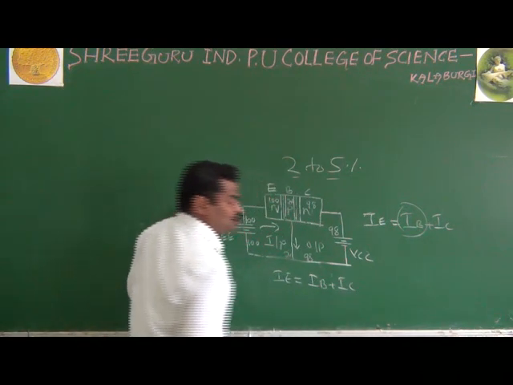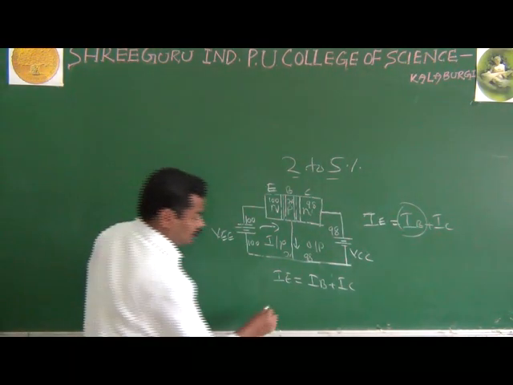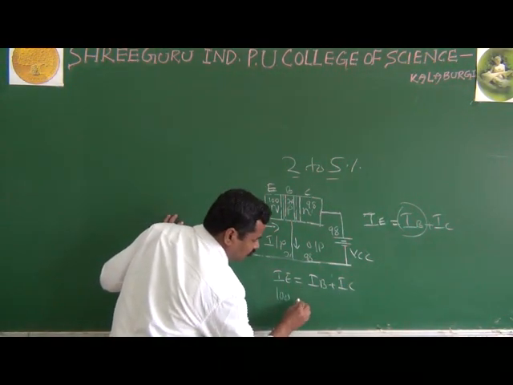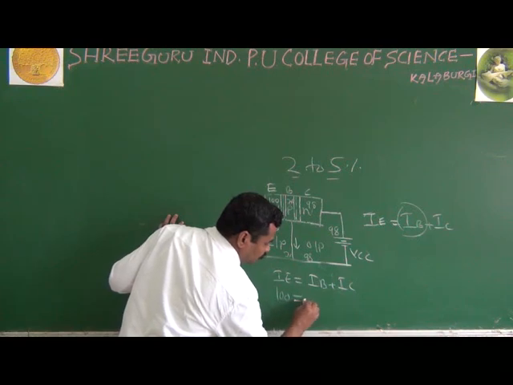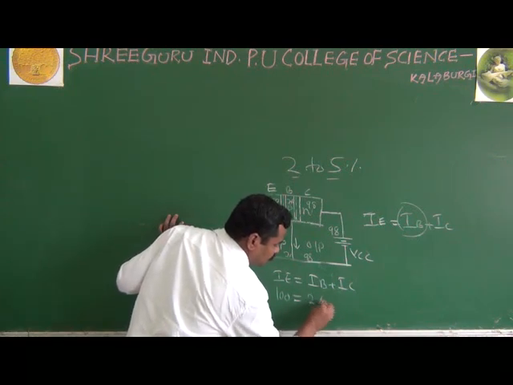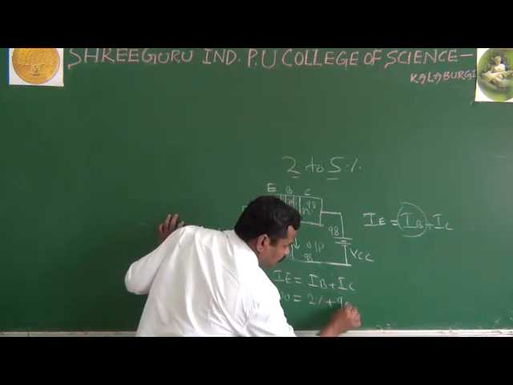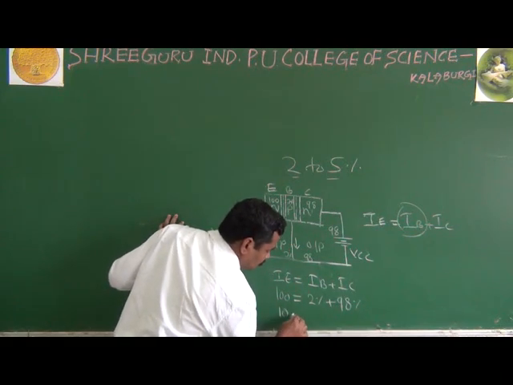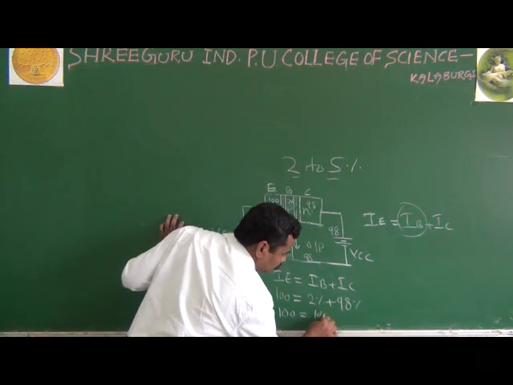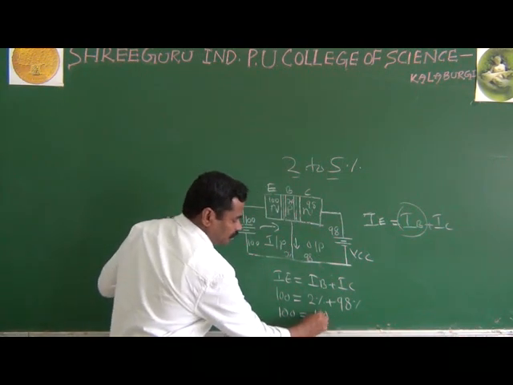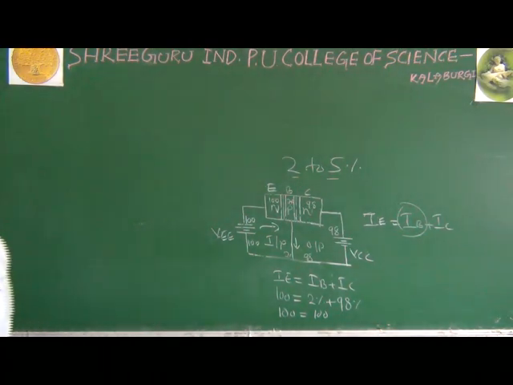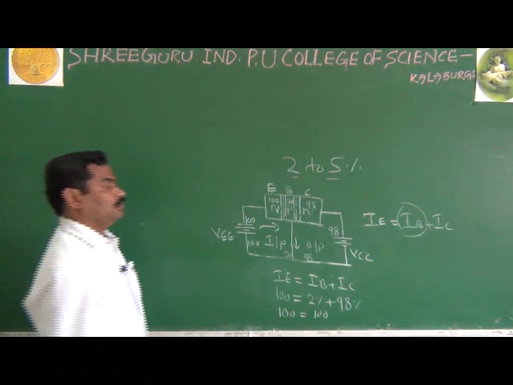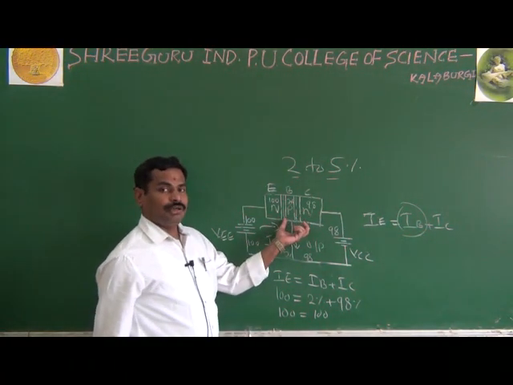It means however much you apply to the input, say 100, you will get the base current as 2%, and the remaining 98% comes from the collector, so we get 100 equals 100. It means the applied input is what comes to the output. This is a very simple way to understand the NPN transistor.